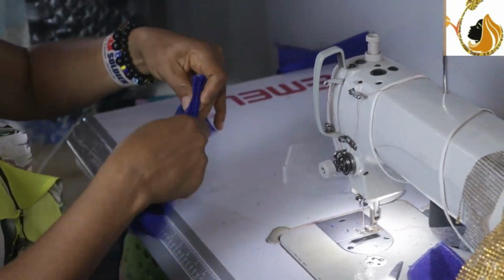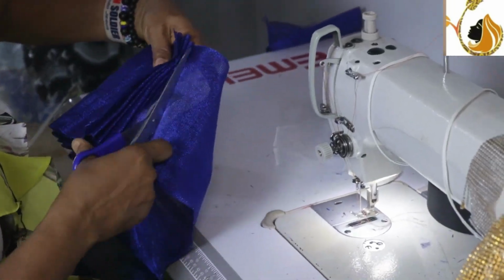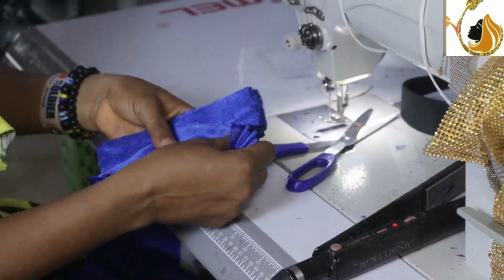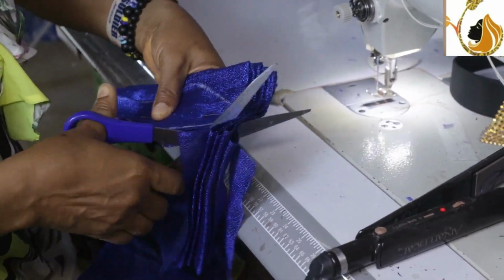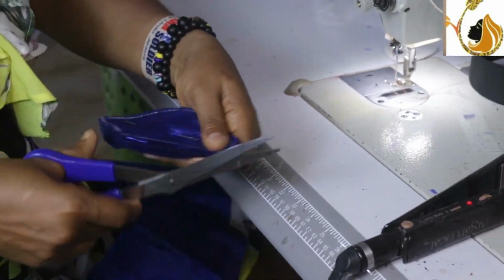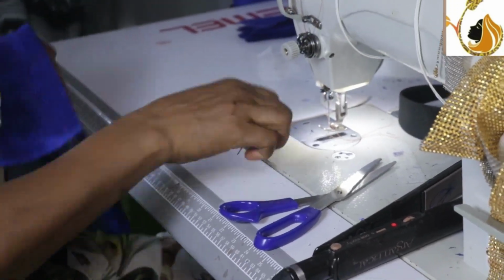All right, and then after that I'm going to cut out about 30 pieces, because I'm going to be pairing, that is use two to make one. So if I cut 30, that 30 will give me about 15 leaves. Okay, so if you want more than that, you just go ahead and cut as much as you want,